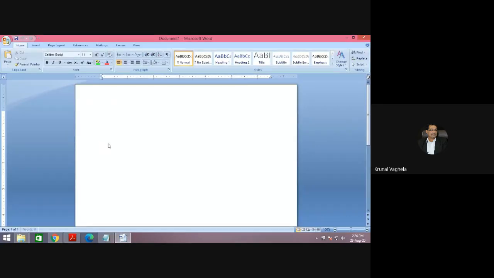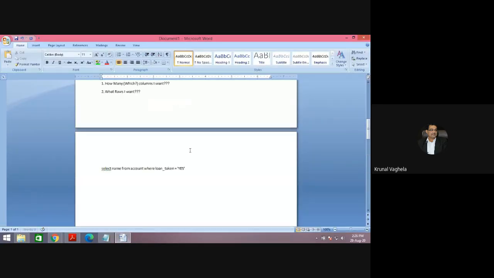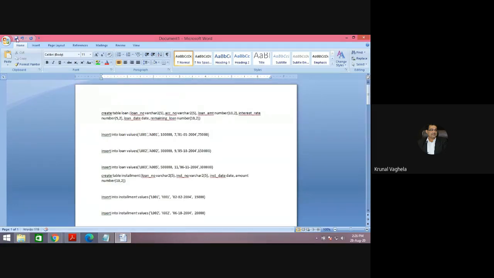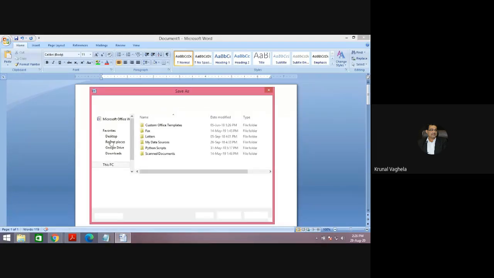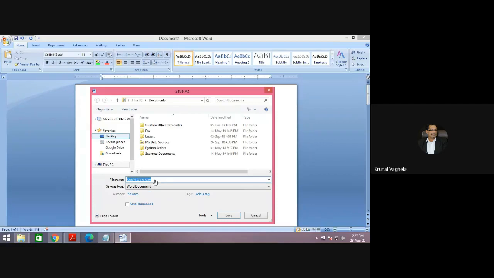You can paste it like this, save it, and the name should be your name underscore enrollment number. Don't keep such names.